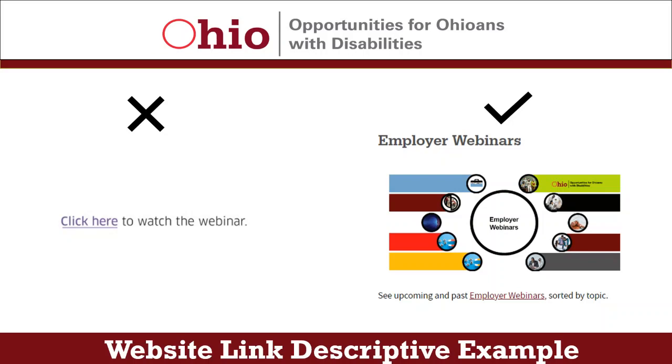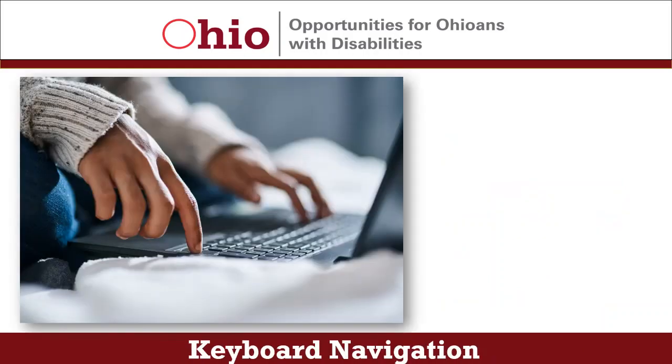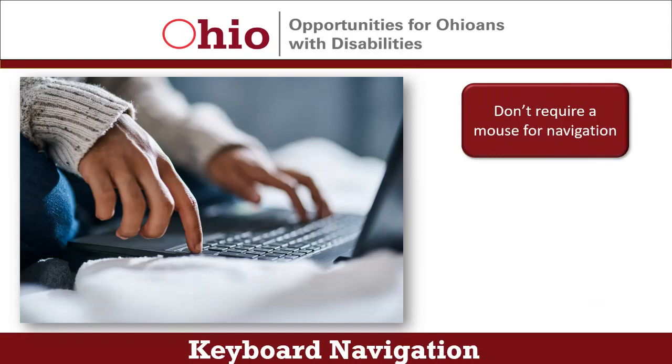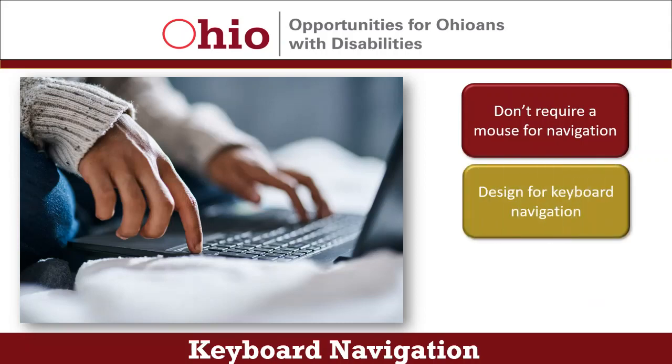You mentioned a barrier earlier about an intranet designed in a way that requires users to use a mouse. Can you tell us more about why this isn't accessible and what the best practice is? Kelly, websites and intranets that are designed to require using a mouse to navigate are not accessible to individuals who may have a limitation with using a mouse, like individuals who are blind, have low vision, or have fine motor conditions like arthritis. But websites and intranets can be designed for navigation using only a keyboard. So this is another example of how prioritizing accessibility from the start is a helpful way to approach new projects.